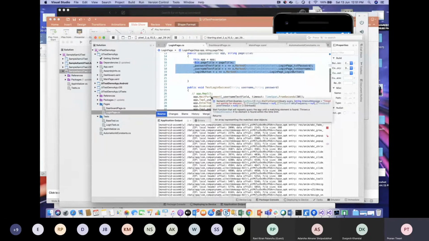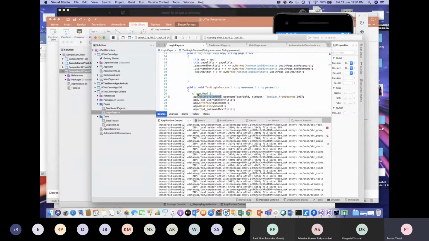So the first thing is, normally our app shows the splash screen, and after that we go to the login screen. So what I'm trying to do is wait for the element username, and I'm giving a timeout of 30 seconds. If in those 30 seconds it does not find that username text field, our test case execution will fail.